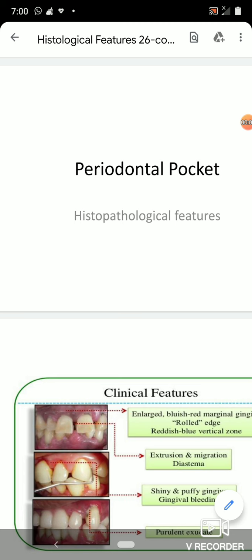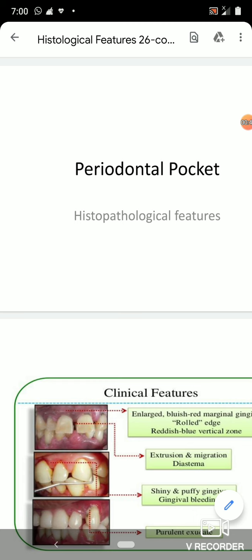In relevance to periodontal pockets, histopathology may not signify much importance as periodontal pocket is a clinical finding. So, understanding the histology or histopathology of periodontal pocket is important to know the deeper changes in the histopathological structures and the changes which occur after the treatment.